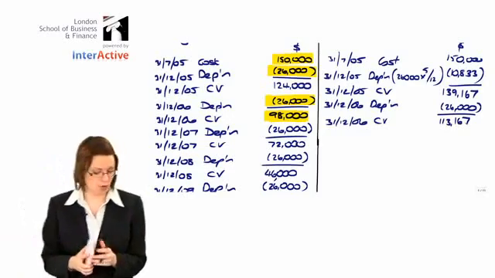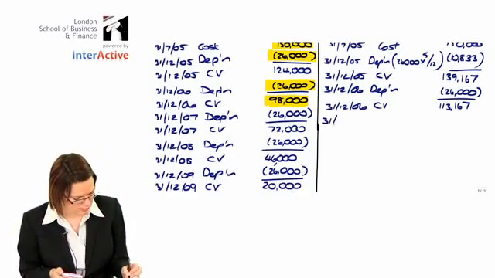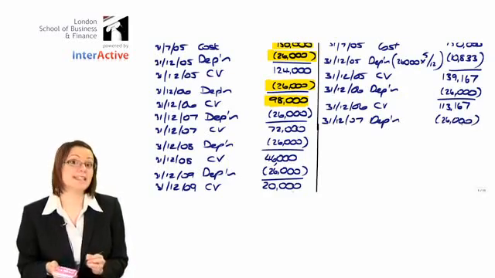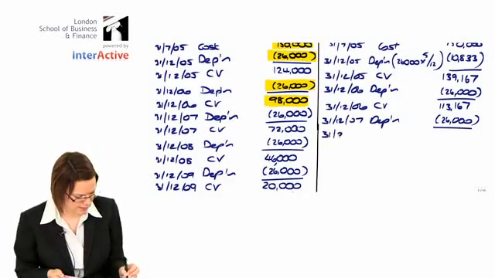And we just continue on. All right, so let's carry on down. 31st of December 07, depreciation, 26,000. That's going to give us our carrying value,